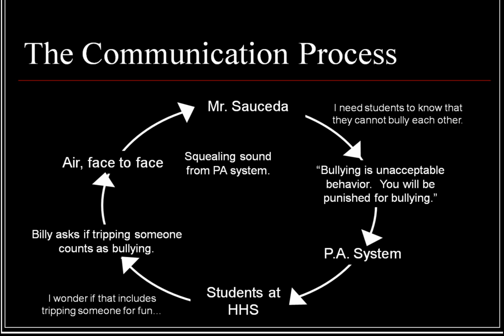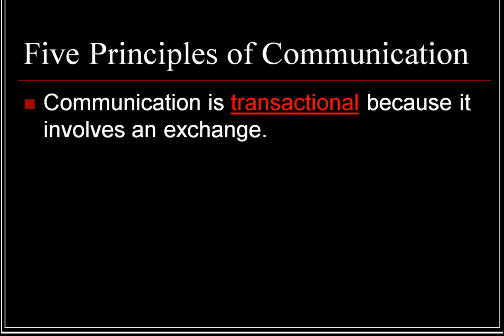Now, let's talk about the other things that we mentioned that could disrupt the communication process, namely noise. So let's say the PA system was making a lot of noise and squeaking sounds as it was broadcasting the message. That would be noise, which would take away from the effectiveness of the communication. And I mentioned earlier in the last slide about barriers. So let's say, for example, there are some students who are in the gym doing athletics, and they just didn't hear the announcement at all. So that would be an example of a barrier to the communication. This is the communication model. It's very important that you understand that.